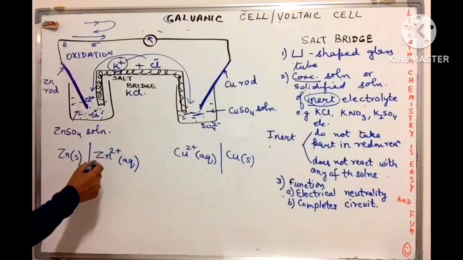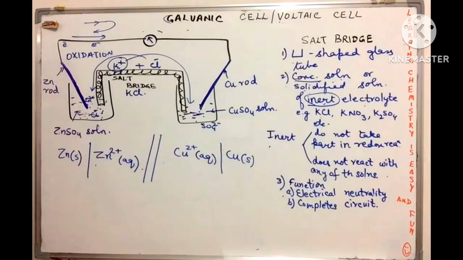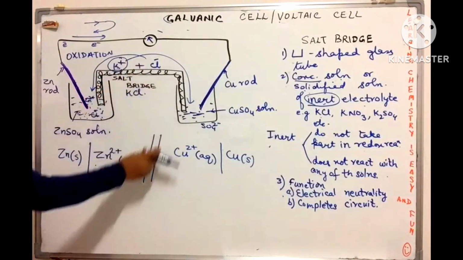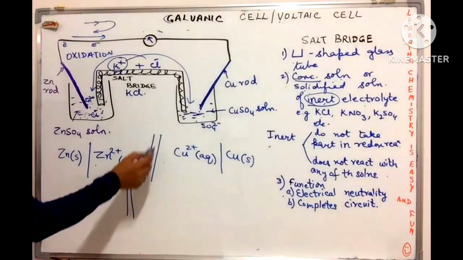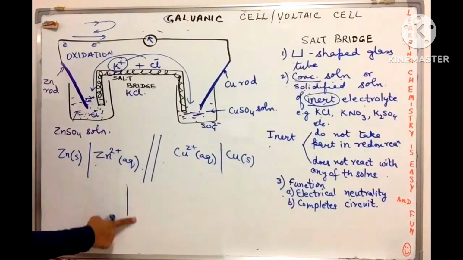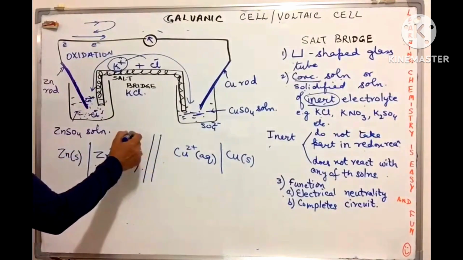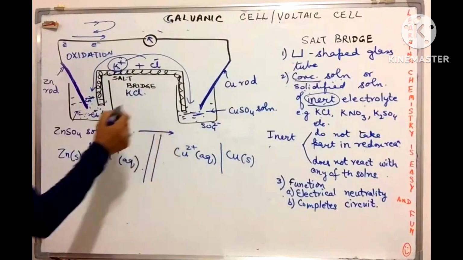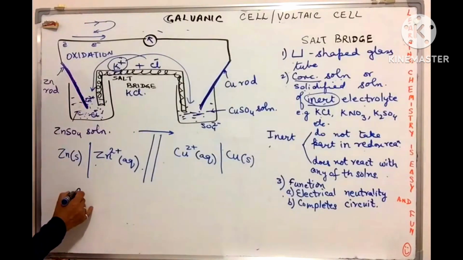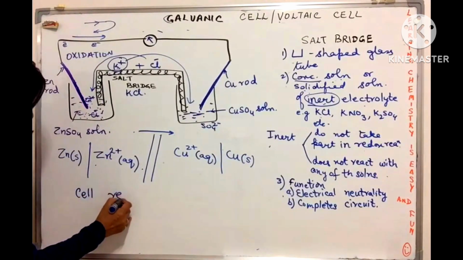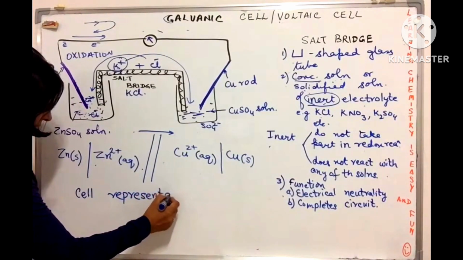What now is there is the two of them are connected by a salt bridge. So in order to represent the salt bridge, just like this U-tube, I have put two slash lines over here. If you notice, these are inclined, these are not straight. It's not by mistake, it's by rule. We draw them slightly inclined. The electrons are flowing from zinc to copper, right? So let me represent it by this. This is the simplistic representation of a galvanic cell, and it is called as cell